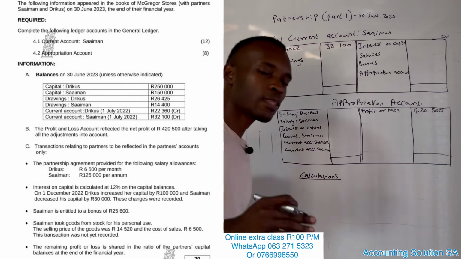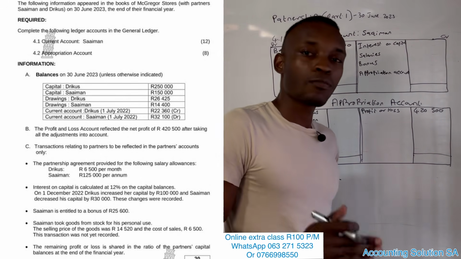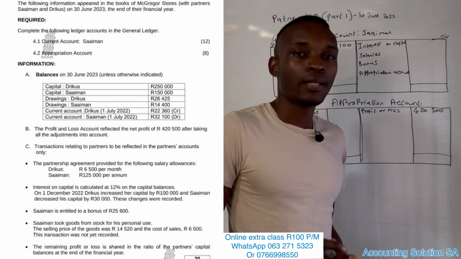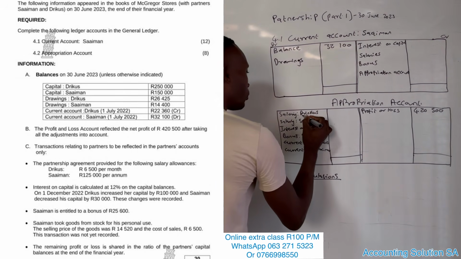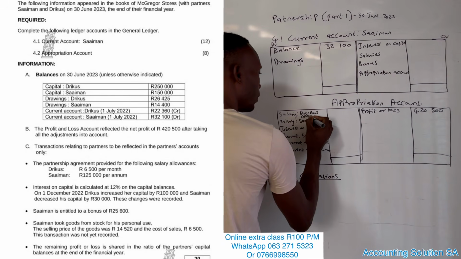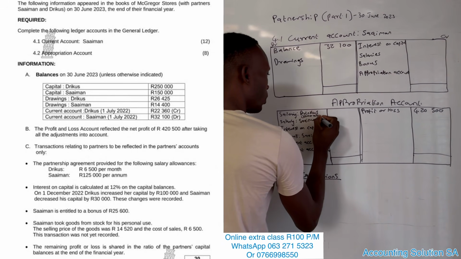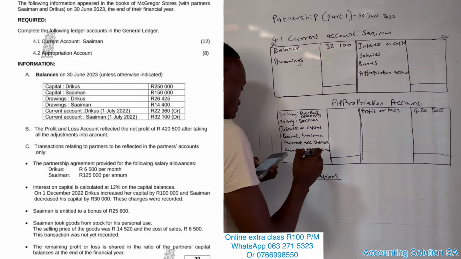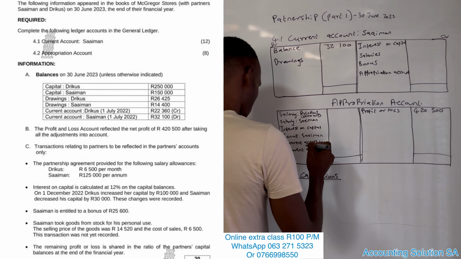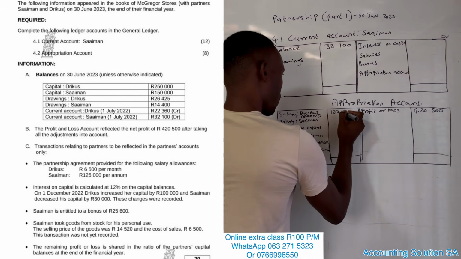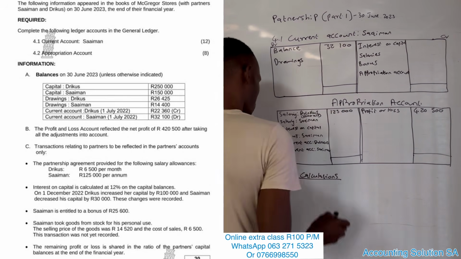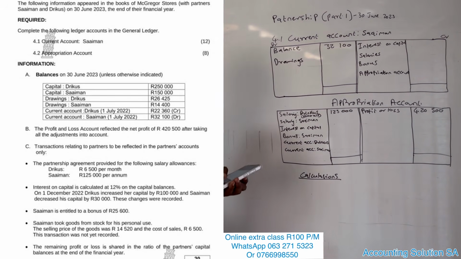This 6,500 per month, guys, we don't record monthly here. We record annually, so you must multiply by 12. 6,500 times 12 is going to be